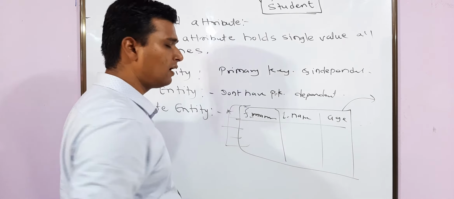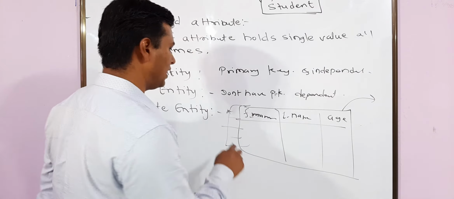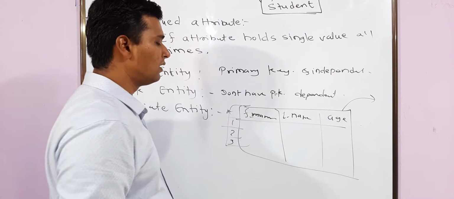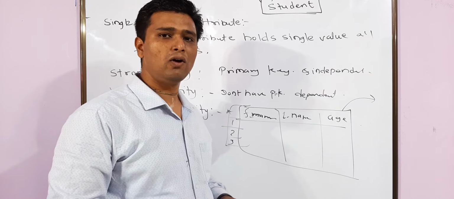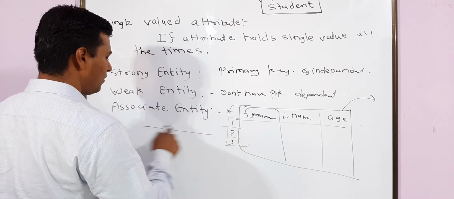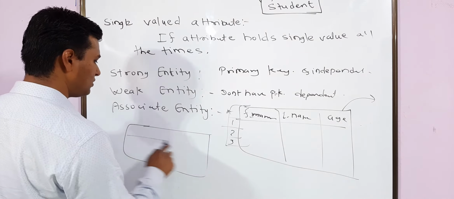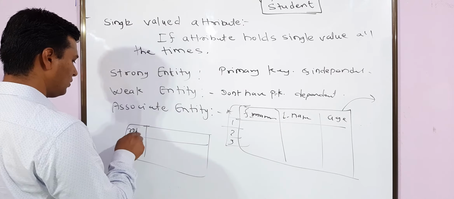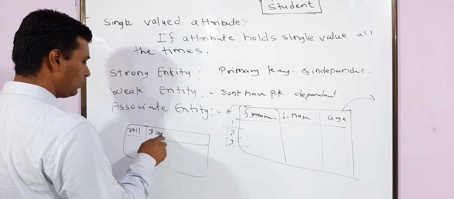A surrogate key is like indexing, automatically 1, 2, 3, 4, etc., that can help, or it will depend on, let's say, age. In this relation, age will be dependent on a different relation, where I will have, let's say, roll number, then DOB. This age is depending on DOB. That's why it is called a weak entity, which will not have any primary key.